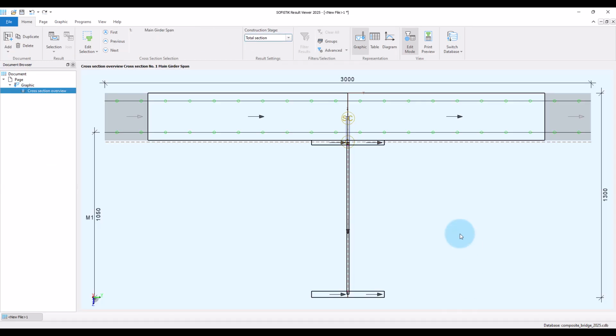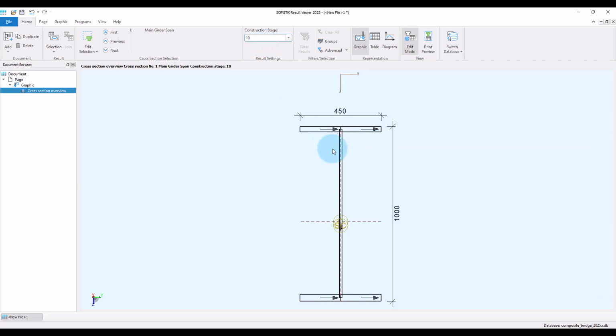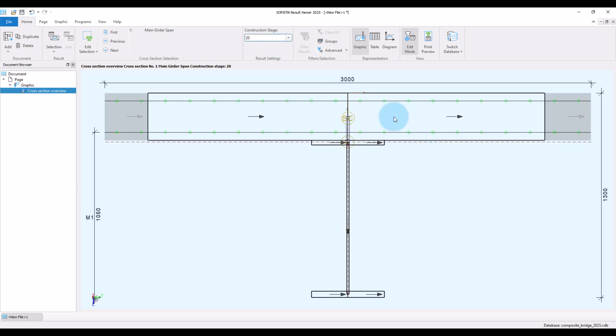A short reminder. When we did define the cross-sections for the main girders, we assigned construction stages to the cross-section elements. So for the span cross-section, for example, stiffness of the steel is already activated in construction stage 10, but the concrete elements then come in construction stage 20. Now, of course, the concrete weight acts on the pure steel section, so we want to apply the concrete weight before the concrete stiffness gets active.